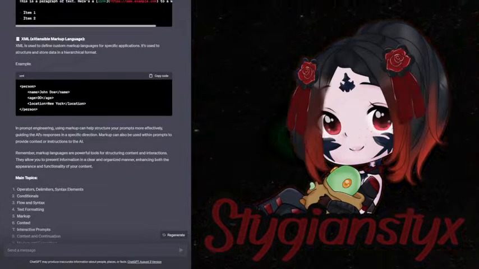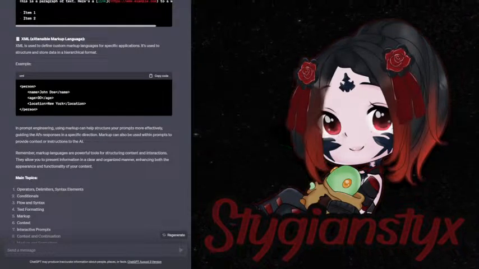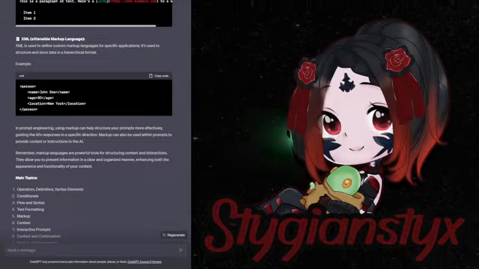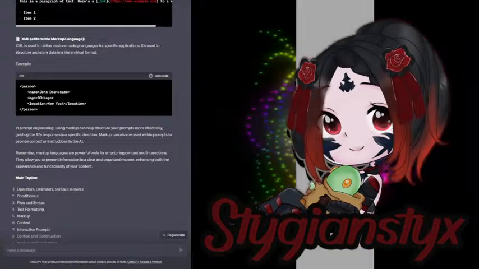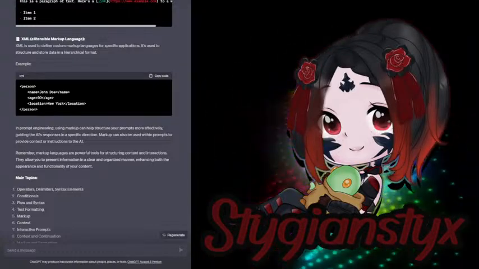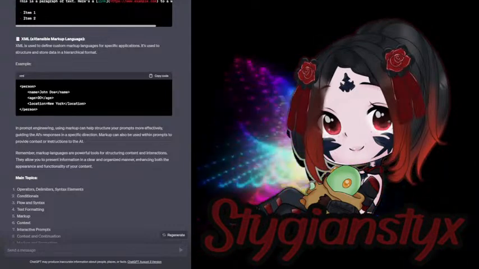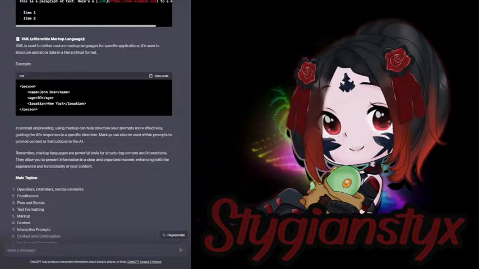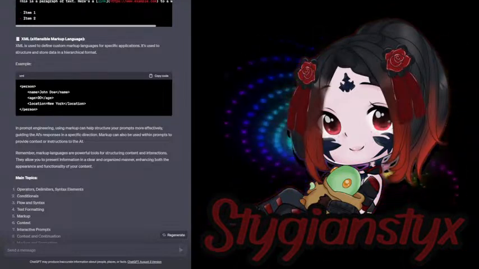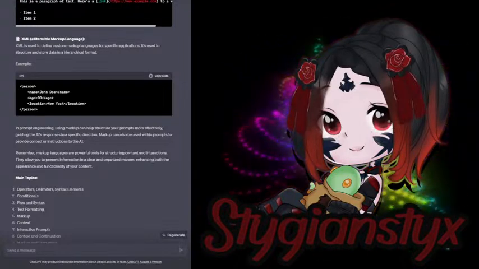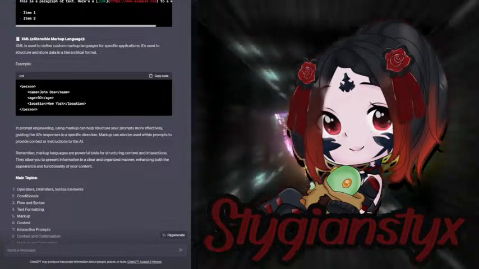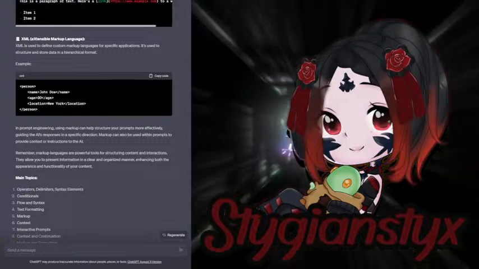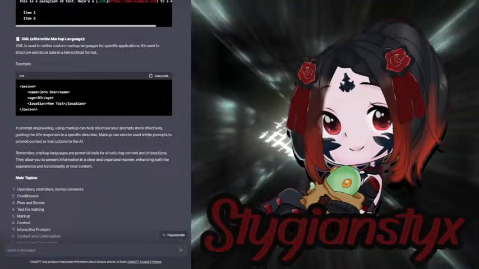XML, extensible markup language. XML is used to define custom markup languages for specific applications. It's used to structure and store data in a hierarchical format. Example: XML. <person><name>John Doe</name><age>30</age><location>New York</location></person>. In prompt engineering, using markup can help structure your prompts more effectively, guiding the AI's responses in a specific